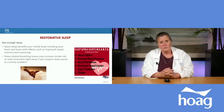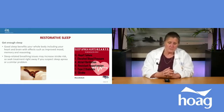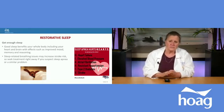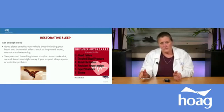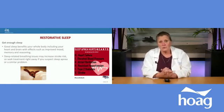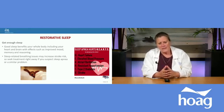Also, you should watch for sleep apnea, and usually it's the sleep partner that notices that someone has sleep apnea, and that is snoring, snoring, snoring, and then all of a sudden there's a long period with no noise, and then a big snore, snore, snore again. This could be obstructive sleep apnea, and it really increases your risk of having a stroke for that time period, and sometimes it's up to 45 seconds where someone is not breathing. The oxygen